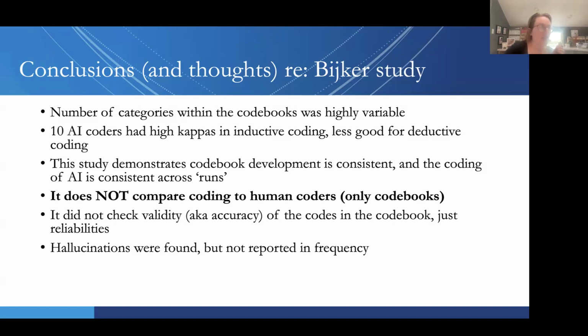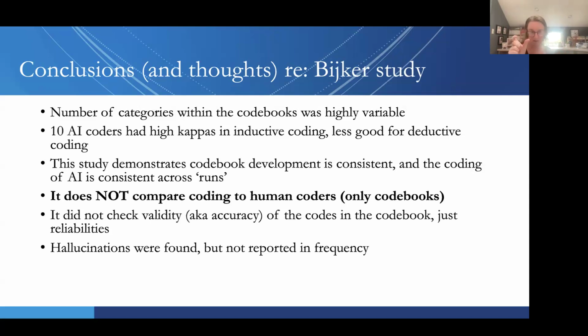And the other thing that was interesting in this is that they did find areas of hallucinations, which is when AI just sort of makes stuff up. So there would be a couple, this is why they had to have humans review it, there would be a couple categories where it would say, like, uncertain prognosis would be a code.